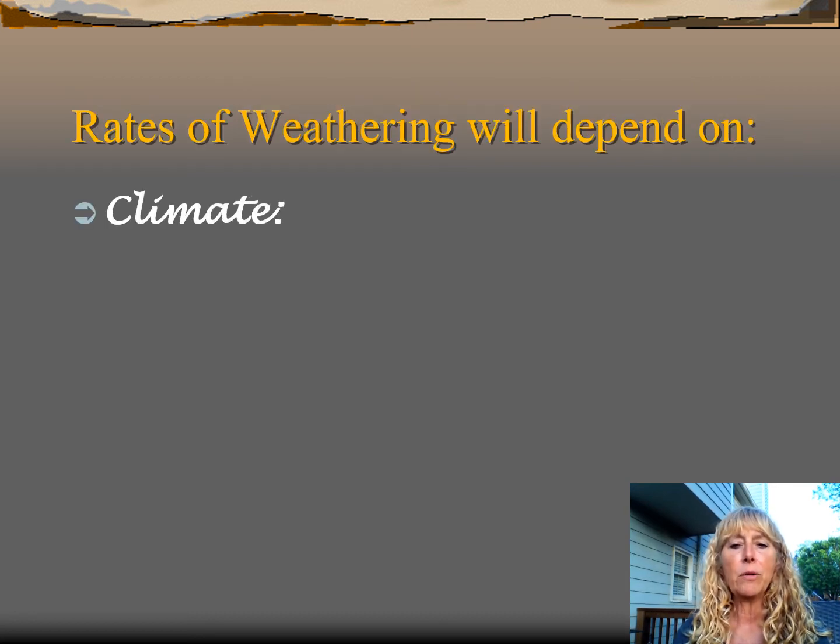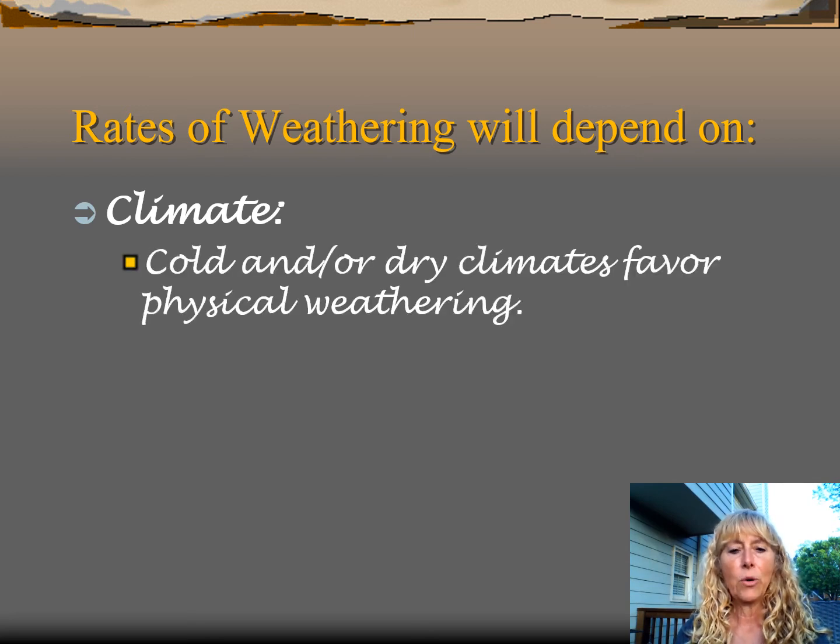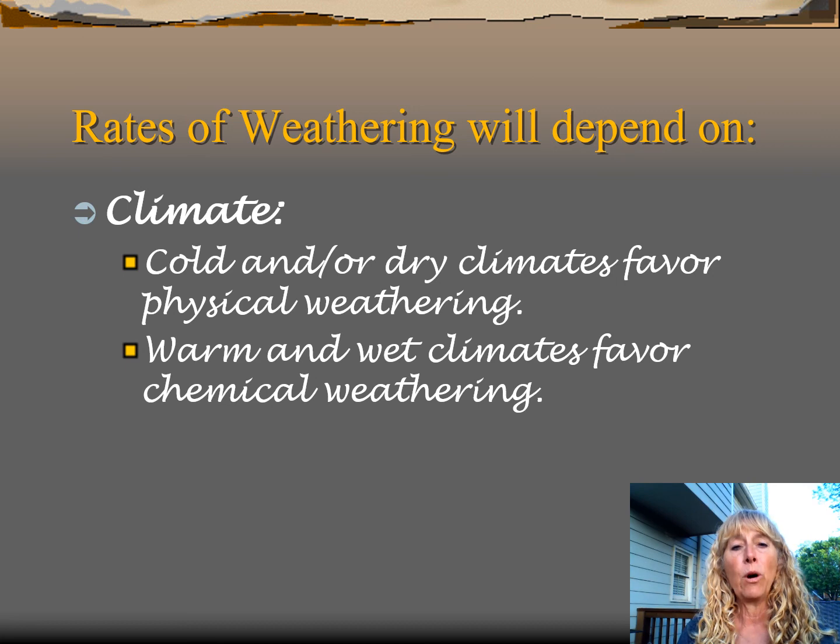Rates of weathering will also depend on the climate. So cold and or dry climates favor physical weathering. If you think about it, it makes sense. If you lived in a very cold place in Canada, you wouldn't have a lot of rain like in warm, humid weather like Georgia. So you would have more freezing and thawing, you would have more abrasion, but warm and wet like Georgia, we favor chemical weathering. That's why when I go on my walks, I see so much rust. So that is